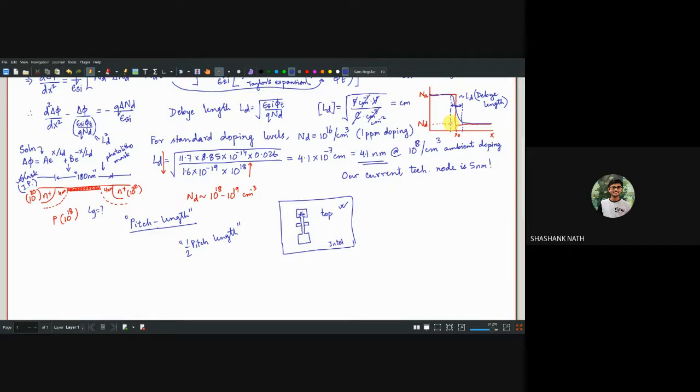Sir, also, where will the depletion region formula apply, inside the erroneous zone? No, no, no. When we deal with the depletion region, you will find that for the same doping levels, like 10 power 16, what we had as 41 nanometers is going to be 41 micrometers or something. Remember, that is the reason why I did this depletion region. In the next class itself, we will be starting with the junctions and the depletion region.